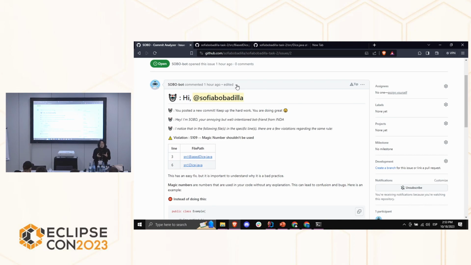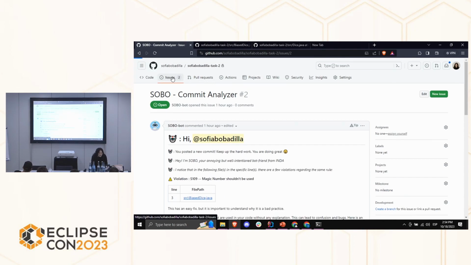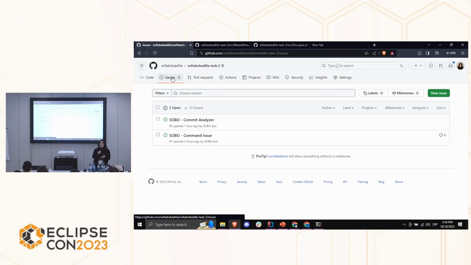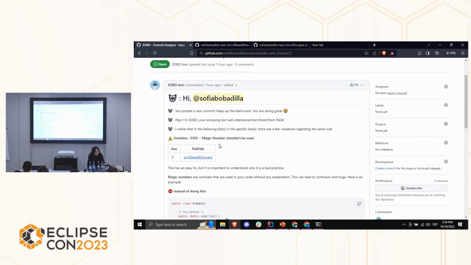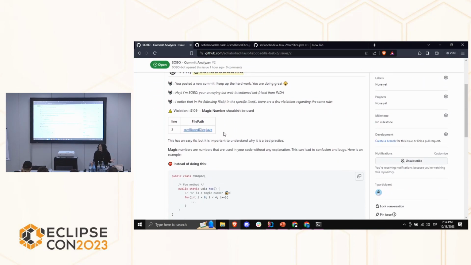So what the students can rely on is that on this issue in particular, the commit analyzer, they will always find the last run of the bot on their commit. So I did here, and as you can see, it says, OK, it disappeared. So now I only have to fix bias dice.java on line 3.